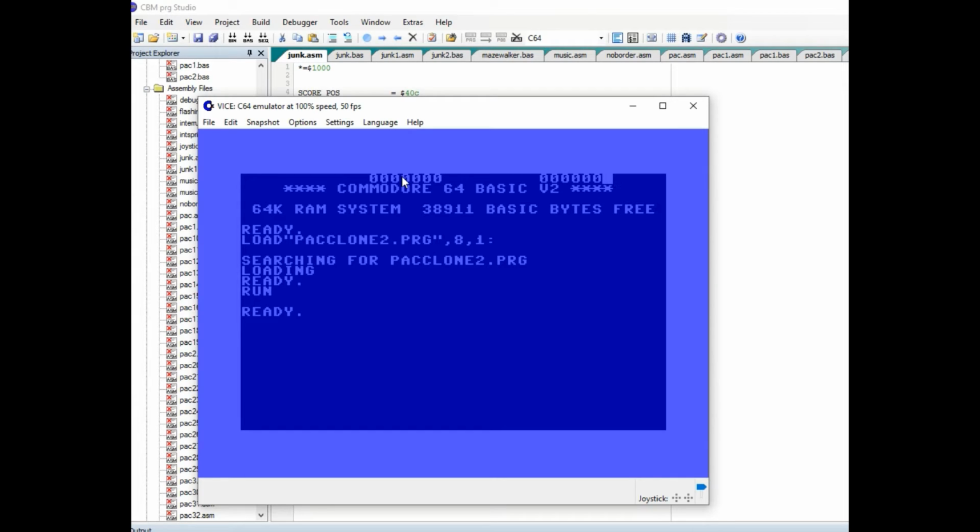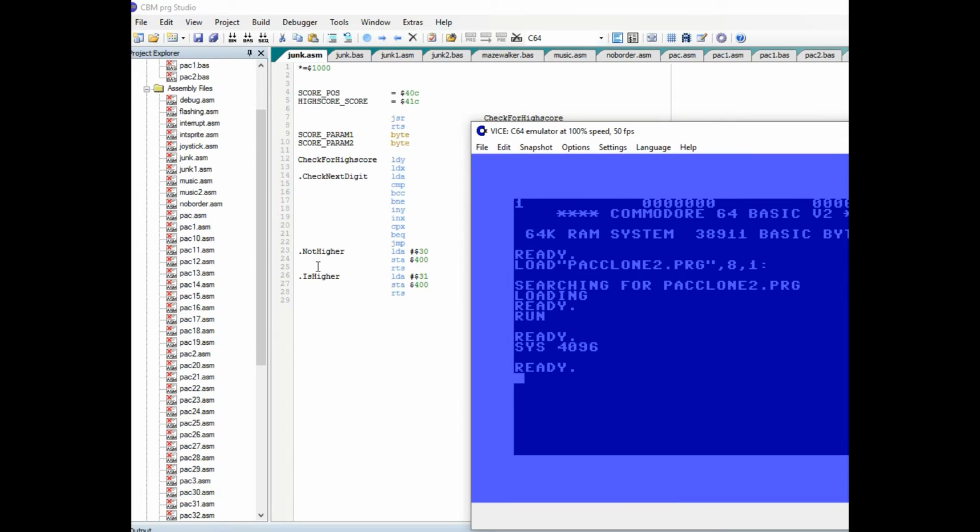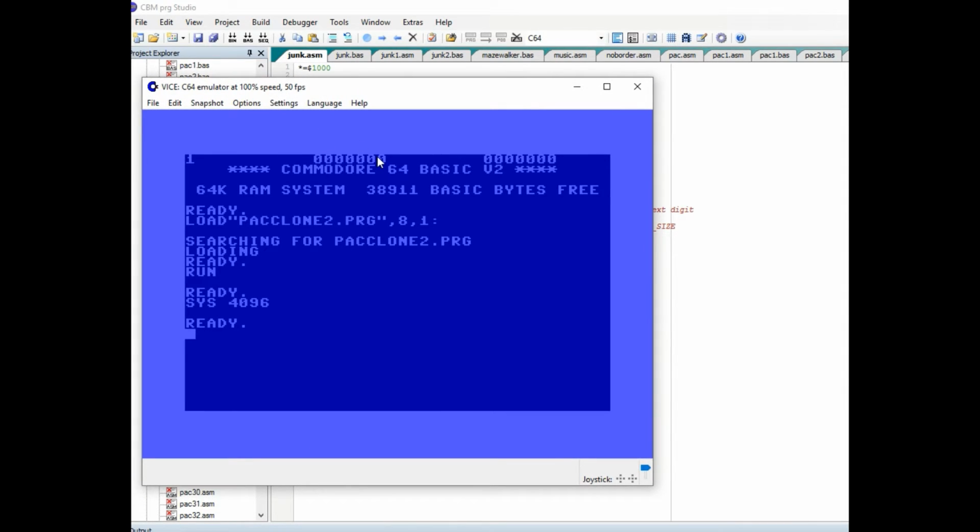And so right now, when you execute the program, it's going to check to see if the score on the left is higher than the score on the right. If it is, or if it's equal, if it matches or if it's higher, then it throws a 1. So it stores a 1 at position 400, or if it's not higher, it stores a 0 at position 400. If I make the high score on the right, these digits over here on the right would represent the high score, a little bit higher than the one on the left, and then I execute the program,